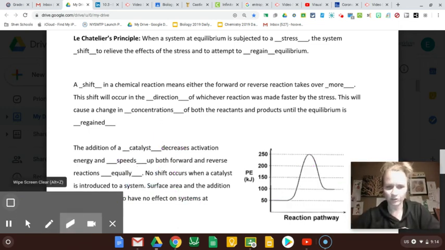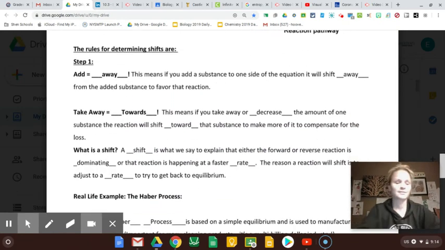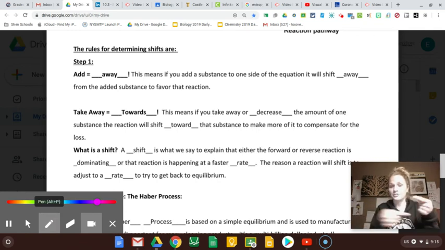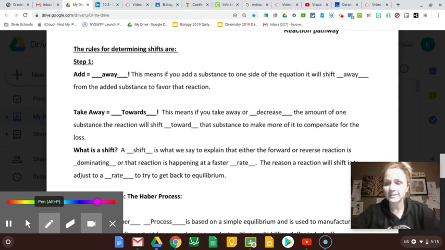So that can be a distractor answer that I see quite a bit. They'll say, oh, does a catalyst cause a shift? No, it doesn't. Okay, because it helps both reactions equally, so it's not going to help one dominate. Remember, shift is when one's dominating, it's shifting that way. Okay, so there's two things that we're going to talk about that can cause a shift, and the rule is add away,